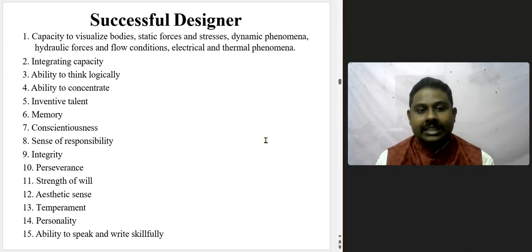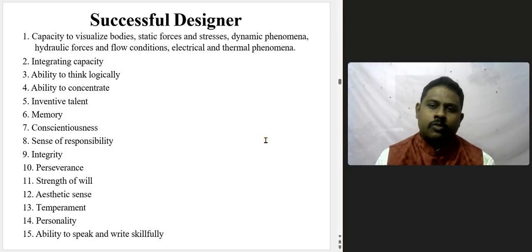Inventive talent is important. Then memory. For example, today I will do a design, I may fail. Day after tomorrow, I will go for so many different types of design. At that time, memory is very, very important. I need to remember all the things. Then